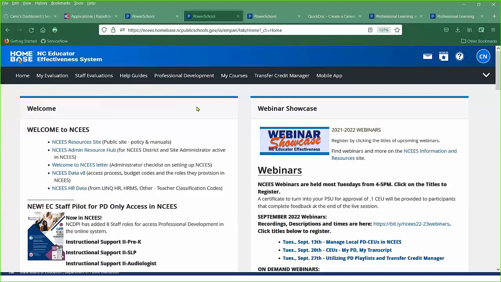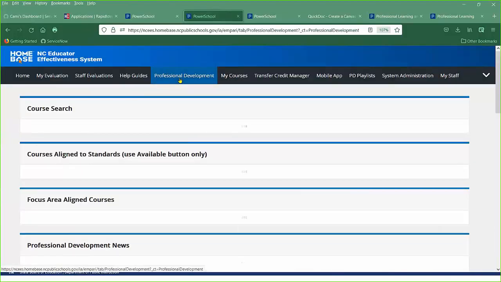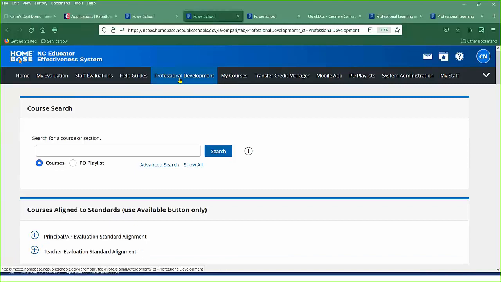All right, and we're going to navigate to professional development. I want you to see what a course participant sees when they're looking at a course, so we can think about what we need to put in that course for them to either read about or learn about before they decide to sign up for the course. So we're going to look up course